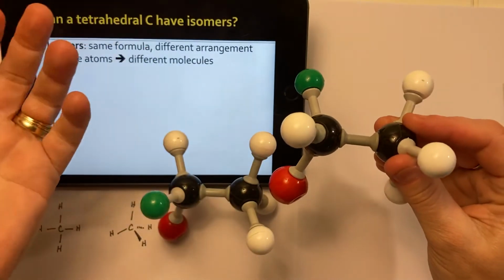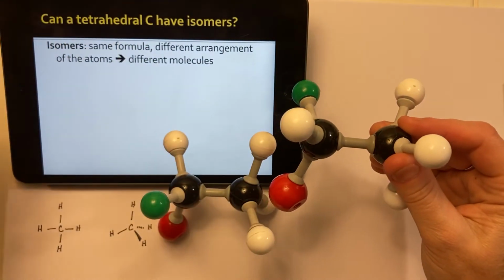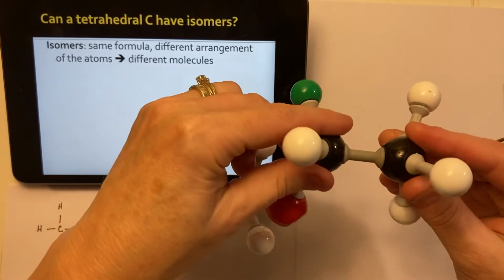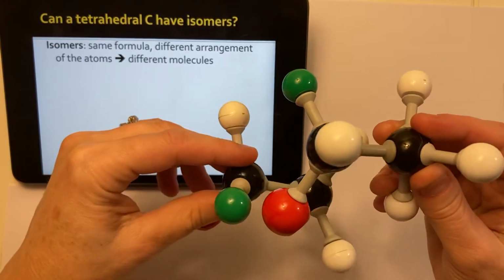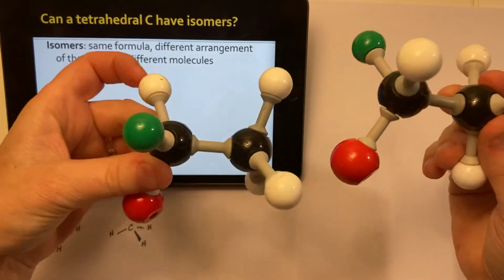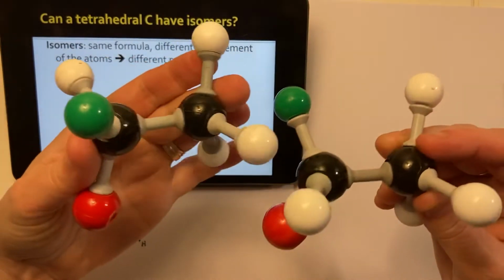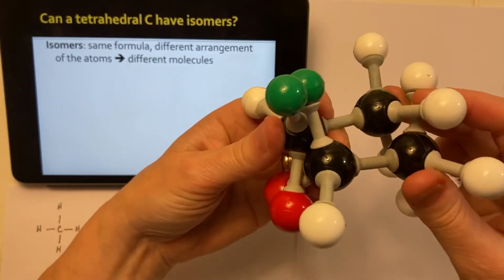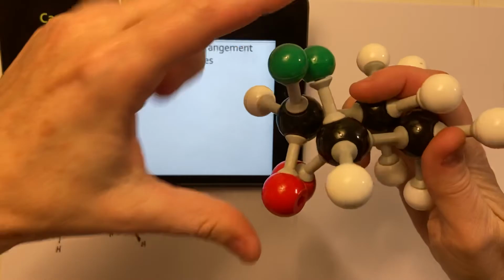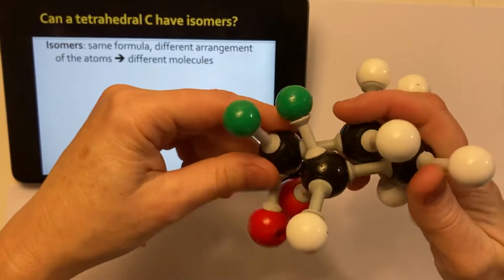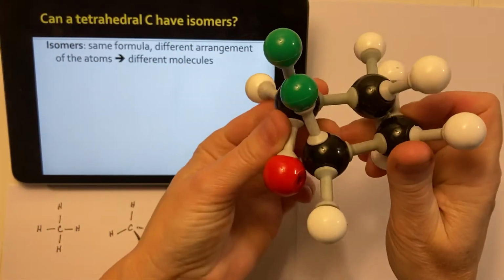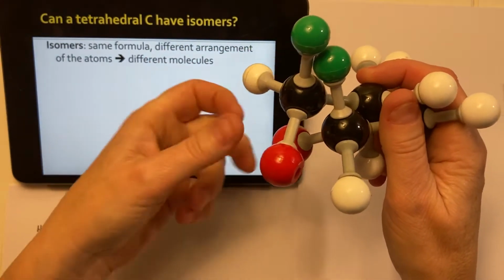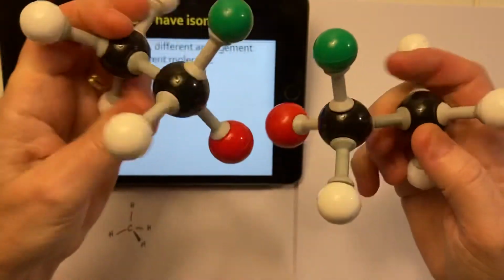And you think, well, what's the big deal with that? Is that really an isomer? Did I create an isomer? And I take a look at this, and I think, are these different molecules? I've got the same collection of atoms, but are they different molecules? And when I look at them, I think, well, yeah, actually, I could line up the green and the red and that methyl group. I know it looks like a mess, but I can't quite line up these 2 hydrogens. And if I flip this one around,